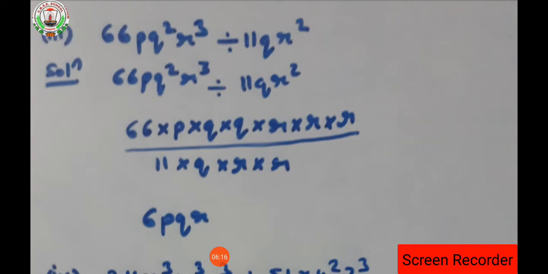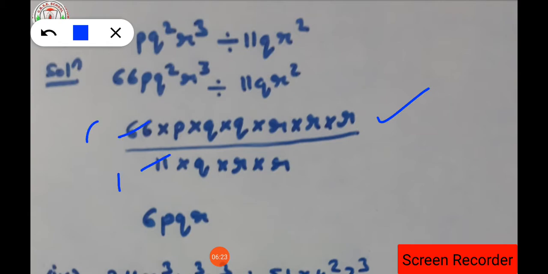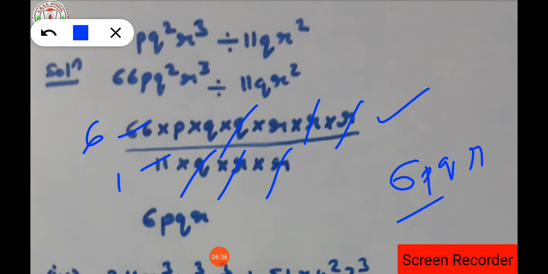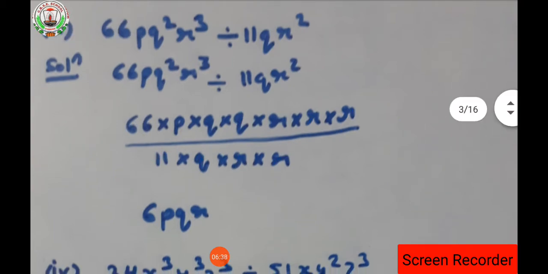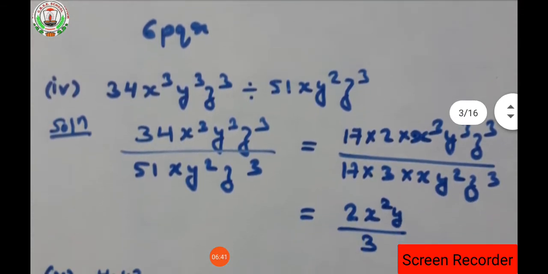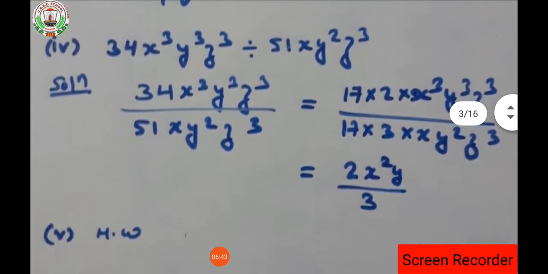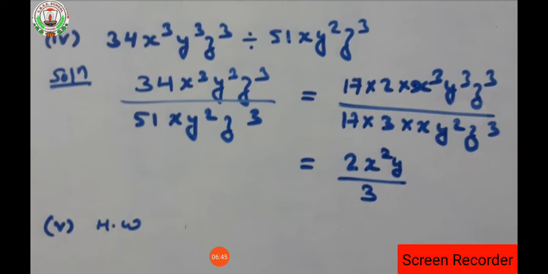Okay, or you can directly divide it by expanding form. See, we had already expanded here. 11 ones are 11 and 11 sixes are 66. 2r will get cancelled from the numerator and denominator. 1q will be cancelled from the numerator and denominator. What is the number left out? That is 6pqr. Clear? So whichever method you feel easy, you can use that particular method to solve the questions. Clear, everyone?